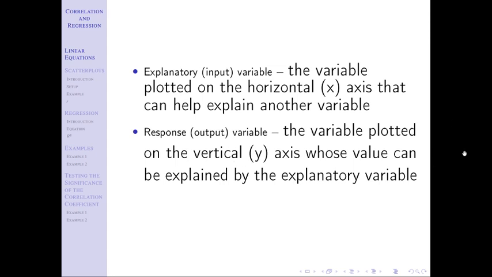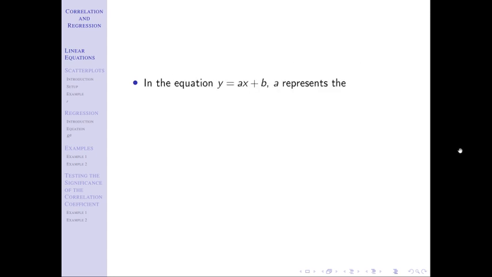So another reminder here, when you have the equation y equals ax plus b, we say that a represents the slope and b represents the y-intercept. Now make sure you understand that the slope is not the first variable listed in the equation. It's the one that is multiplied by the x. It can be written as b plus ax. It doesn't really matter the order because 5 plus 4 and 4 plus 5 are the same thing. So do not be tricked into thinking that the slope is always the first number in the equation. The slope is the number that is multiplied by the x. The y-intercept is the number that's off by itself, not being multiplied by anything at all.